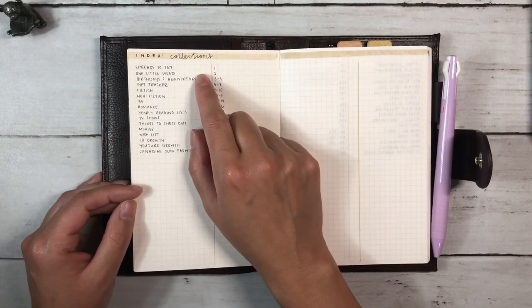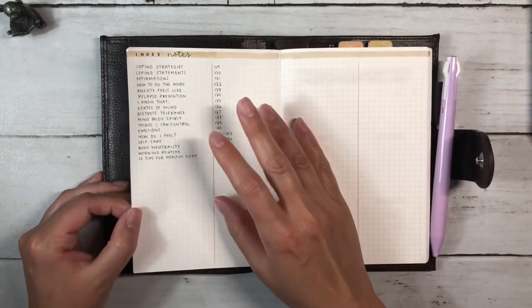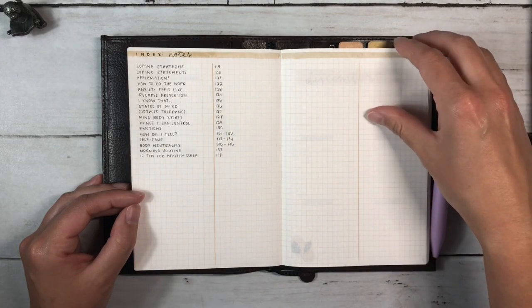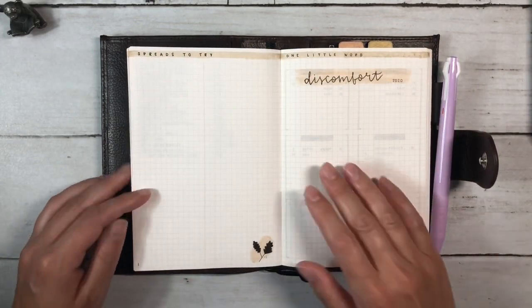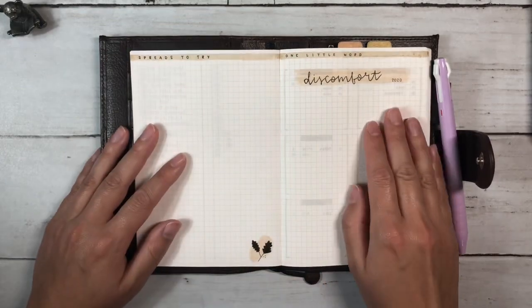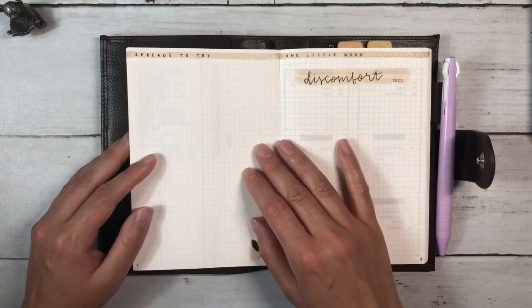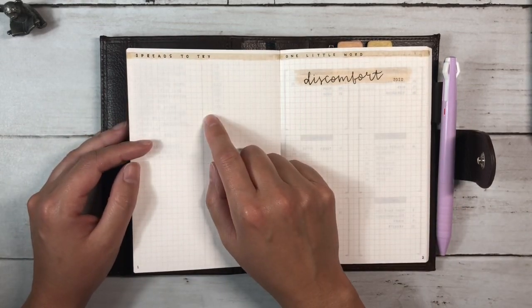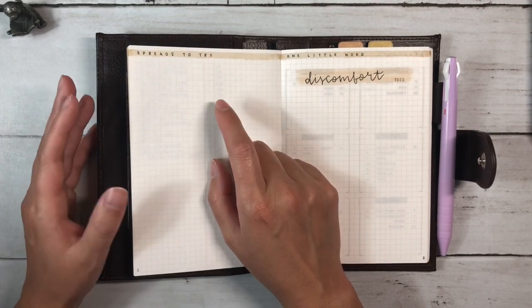So this first index is for my collections, and the second index is for my notes. This notebook doesn't come with the pages numbered, so I just went through and numbered them myself. This notebook honestly is one of my favorite setups that I've ever done, and it's simple and neutral, but it just makes me happy. So the first page is spreads to try, and that's really any bullet journal spreads that